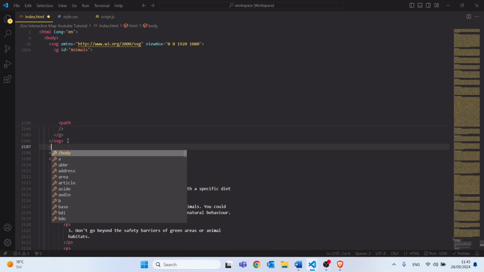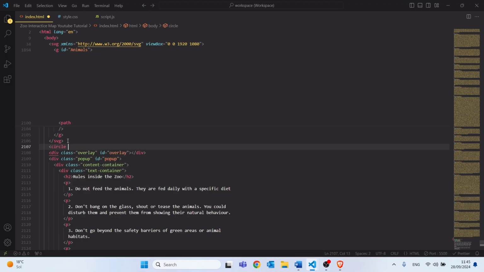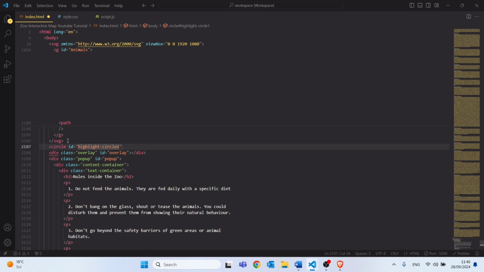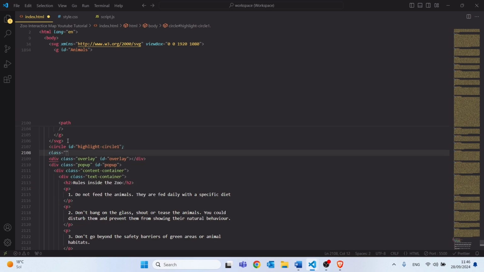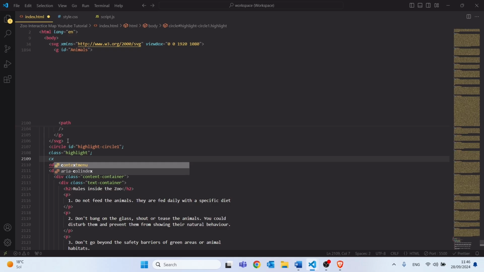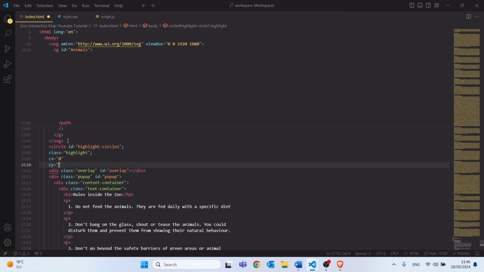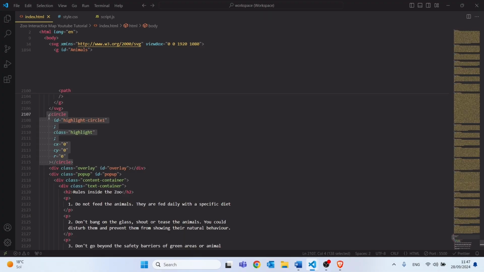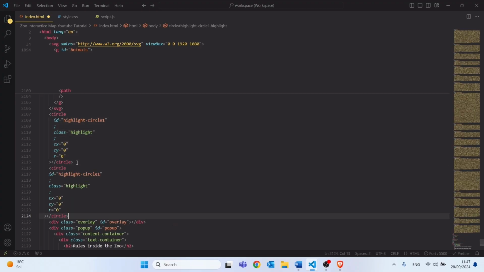To do this, after the closing tag of our main SVG, we will create a circle tag. Each one of these elements will have a class name, in this case highlight. Then I will give a cx of 0, cy of 0 and r equals 0 as well. The size of each circle will later be calculated automatically in JavaScript based on the size of the object that